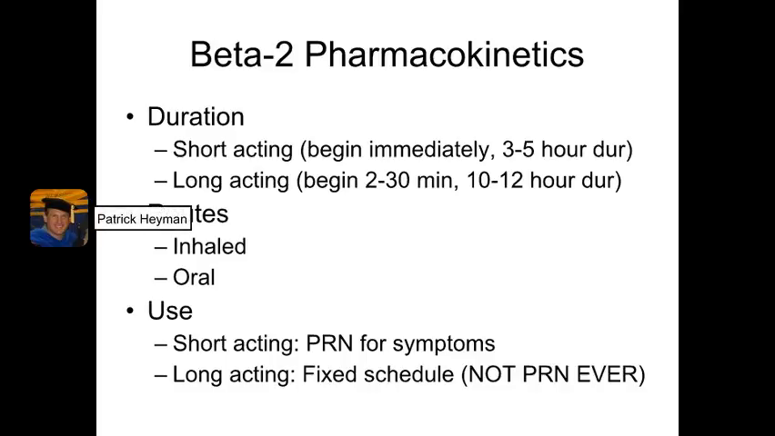Beta-2 agonists are divided into two groups, short-acting and long-acting. Short-acting begin immediately, and they last somewhere between 3 to 5 hours, depending on the drug. Long-acting can begin anywhere from 2 minutes to 30 minutes, and they last typically 10 to 12 hours. The key